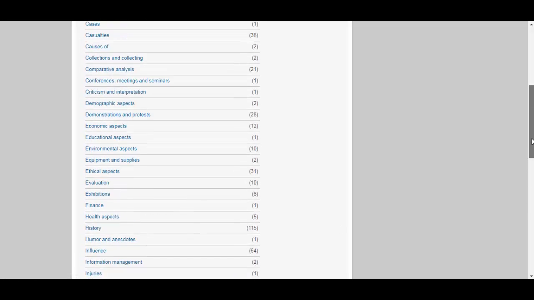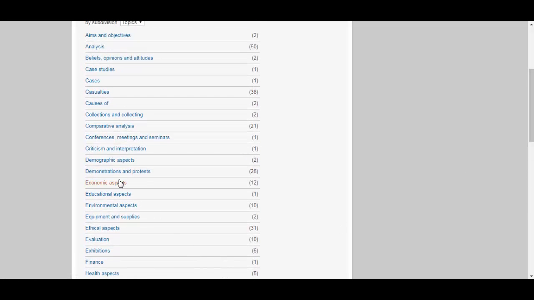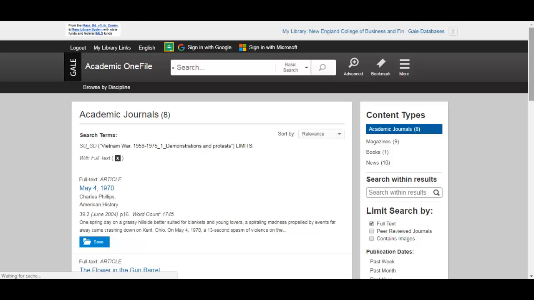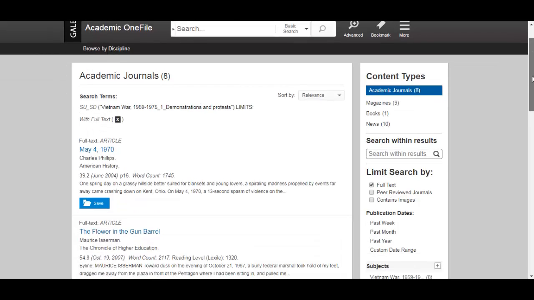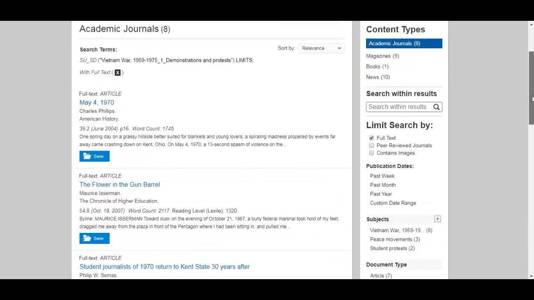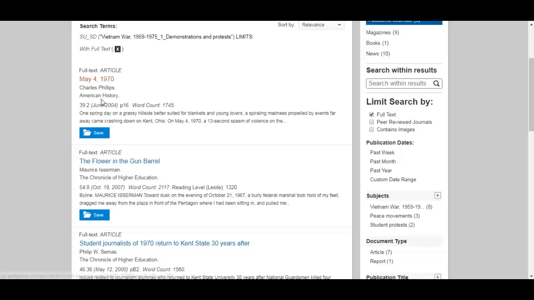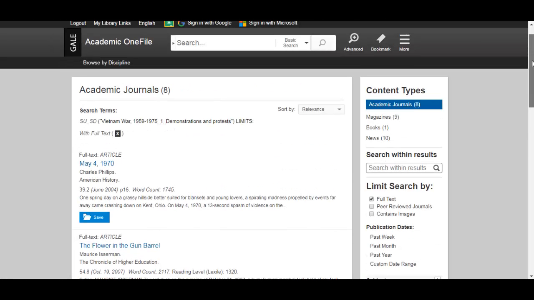If you wanted to go up here, let's say you wanted demonstrations and protests, click on this here, and it will display the articles here, and you can click on any one of these and it will display the articles for you that deal with demonstrations and protests during the Vietnam